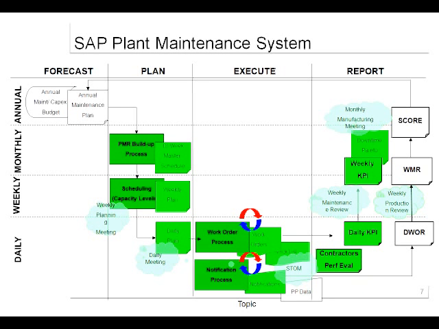So what is the SAP PM plant maintenance system? Plant maintenance system is nothing but preventive maintenance. Why I'm saying preventive maintenance is, only preventive maintenance can be forecasted. Correct? Can we forecast a breakdown maintenance? No. Can we forecast a corrective maintenance? No. Actually, if you can forecast a corrective maintenance, saying after 1 week this bolt will be loosened, or after 1 week this will break down, it means you are not practicing the best practice.